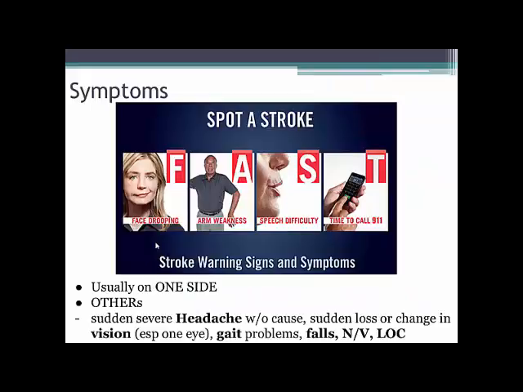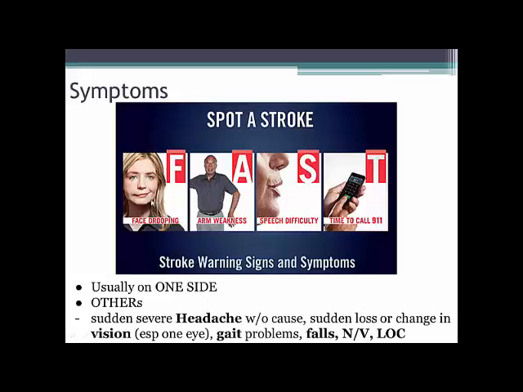So what are the symptoms of a stroke? I think that this is a key point that I would like each individual watching this segment to understand and be able to ascertain when a stroke is happening in an individual. So to spot a stroke, use the mnemonic FAST,